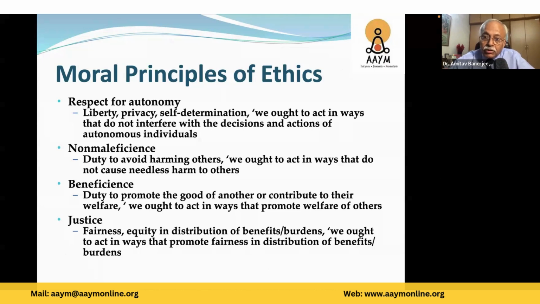Then the dilemma comes whether you have the right to inform his wife that your husband is HIV positive. Here the conflict can come because your duty to the participant patient is confidentiality, but your duty to the wife, if both are your patients, is that she should not be harmed. So here the only way is to counsel the husband, counsel the wife, and again you have to try to get the consent rather than directly informing others, or his friends or his employer, about his data, which can stigmatize him. So these are some of the issues which can come.